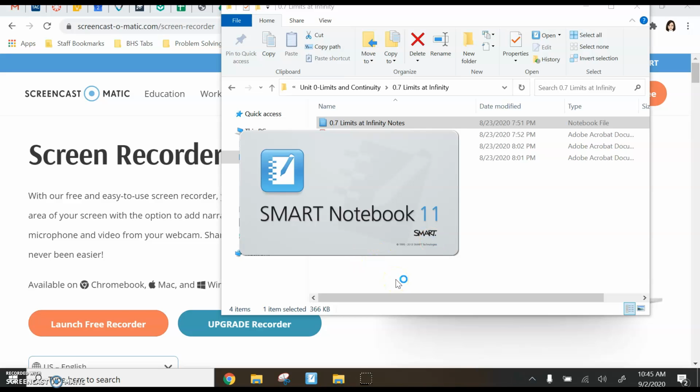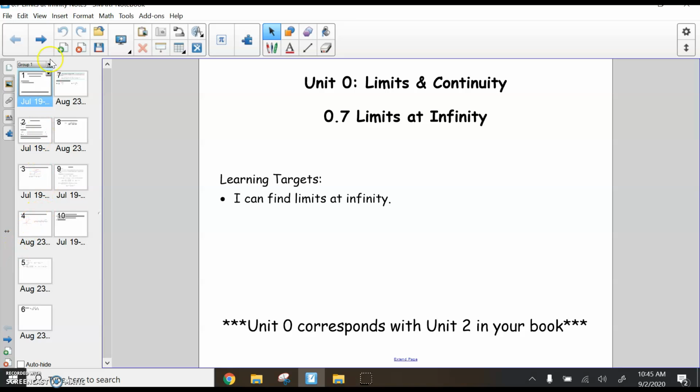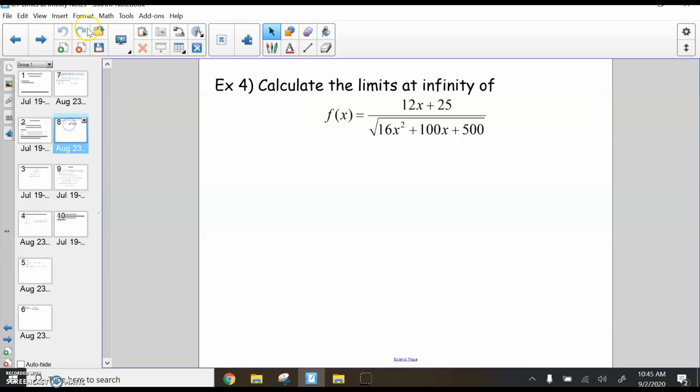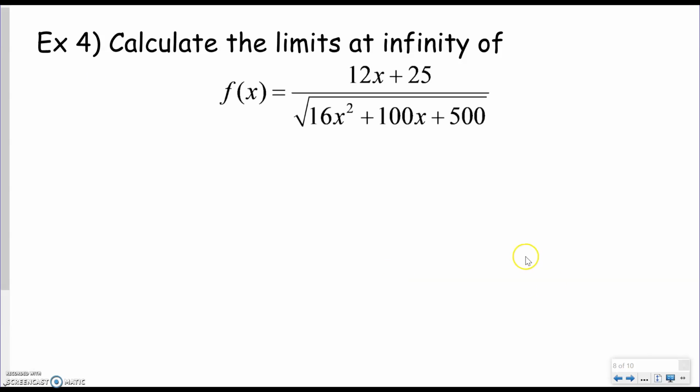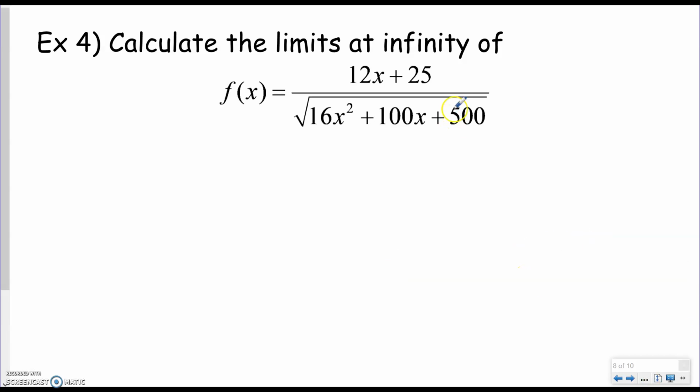The last problem in your packet, we have 16x squared inside a square root, so that's going to behave an awful lot like just an x. So when I simplify this here, like we were with the rest, we are going to divide by x or multiply by x to the negative 1. So if I multiply this by x to the negative 1, I want you to pay attention to the fact that it's going to be different when x is positive versus when x is negative. So if we do the limit as x approaches